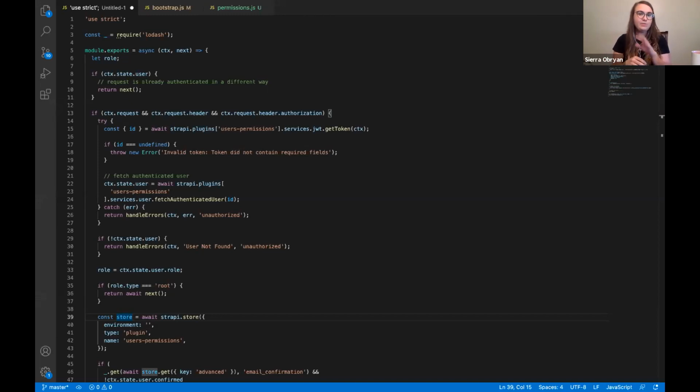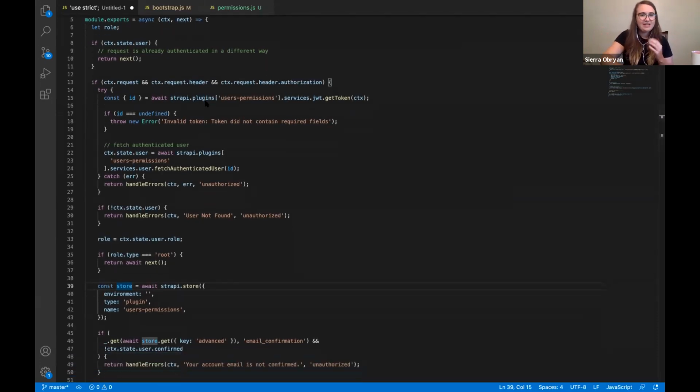And that code's actually available right here in front of you. And so that's what we're looking at. And so again, not a JavaScript developer, but we can talk about what they're doing here on a kind of high level before we jump into what we're going to do, also at a high level. So the first thing that they do is they just check to see if there's a user, and if that person's already authenticated, then we can just move on to the next thing and don't have to worry about any of the rest. Otherwise, we see this strapi.plugins, again, mentioning that that function lives inside this user permissions Strapi plugin,